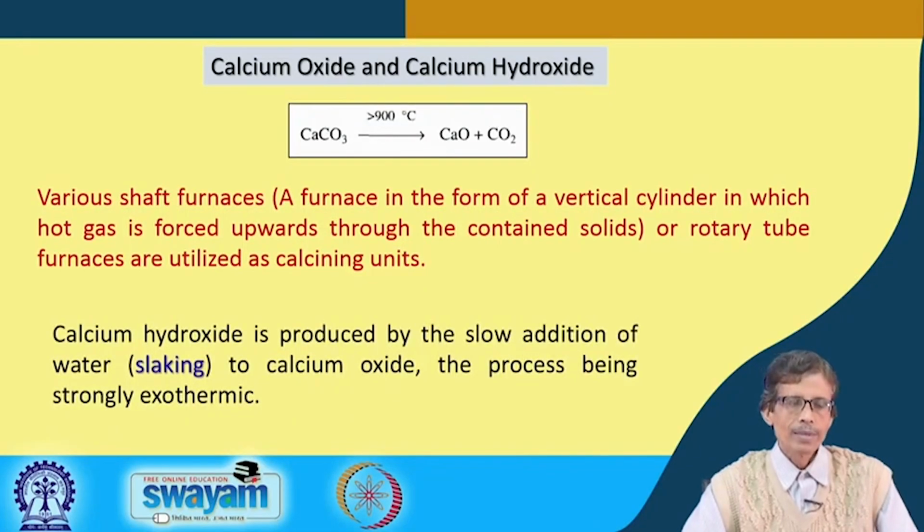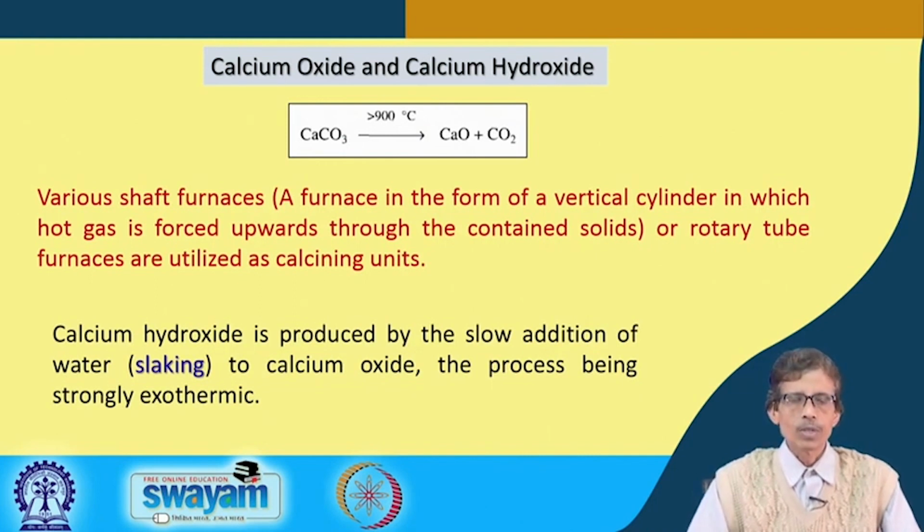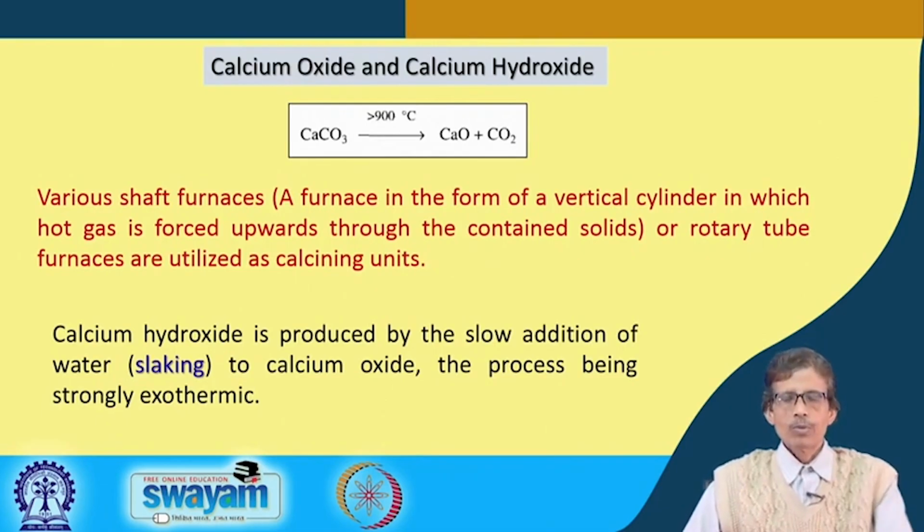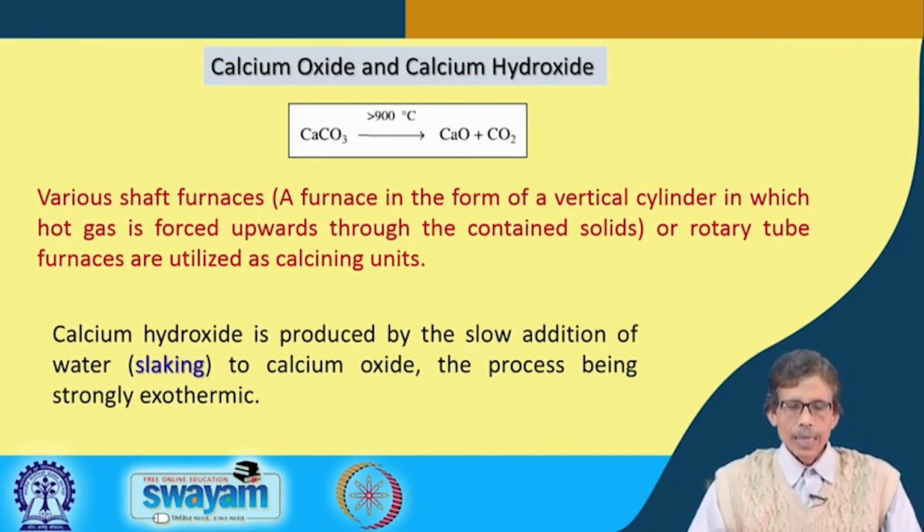So, you have calcium as calcium oxide, and if you add water to it, it gives you the corresponding calcium hydroxide. That is also a typical direct process of making calcium hydroxide, which is known as slaking. As we know from our school days, slaked lime, we know what slaked lime is. That process is known as slaking, which is a typical industrial term, which is the regular and